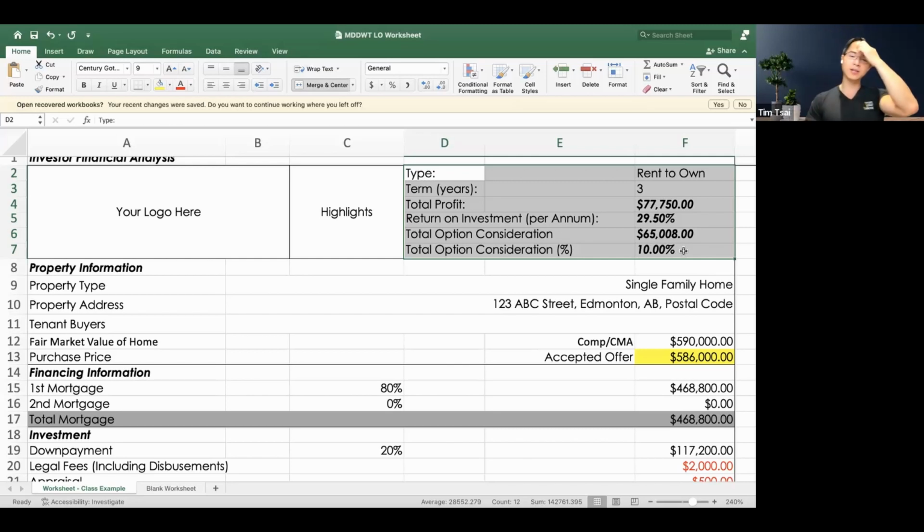And the tenant buyer's total option consideration after 3 years' time is $65,008. And last but not least, one of the most crucial points when we want to satisfy income credit down payment, as previously discussed, is 10% at this point,